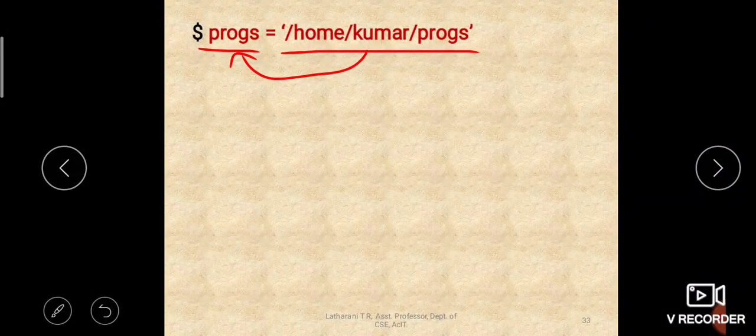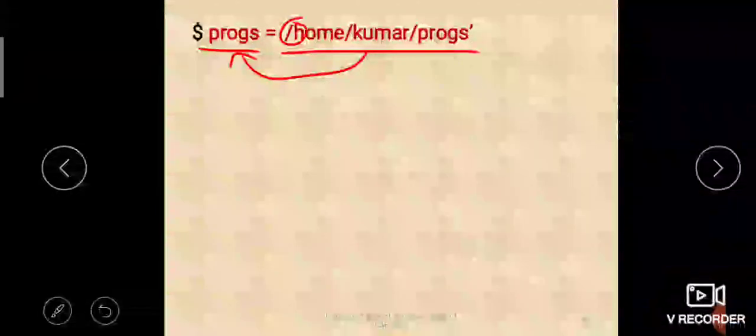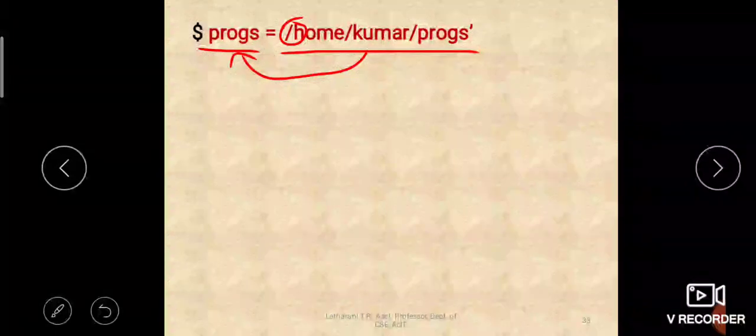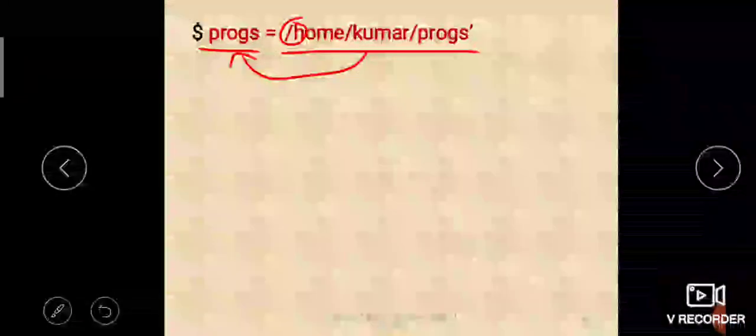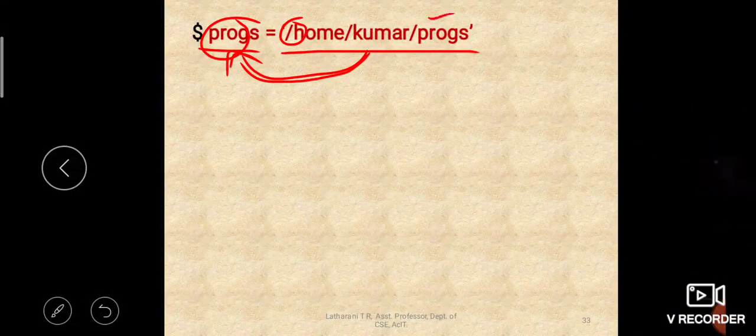It is an absolute path because it starts with a slash symbol, right? It starts with the root, so it is an absolute path. So this path as a string will be assigned to the variable called programs. Now the programs variable contains this path.